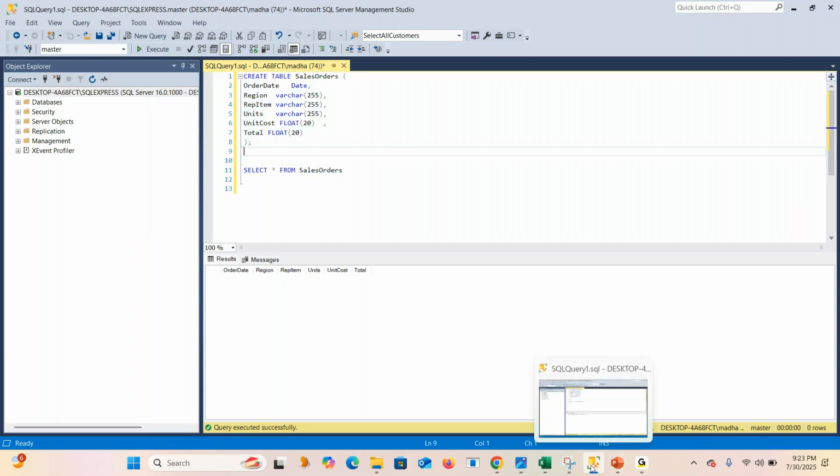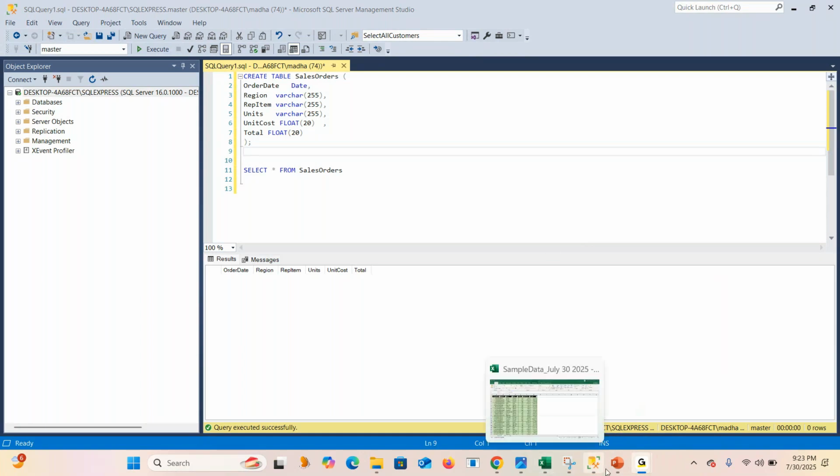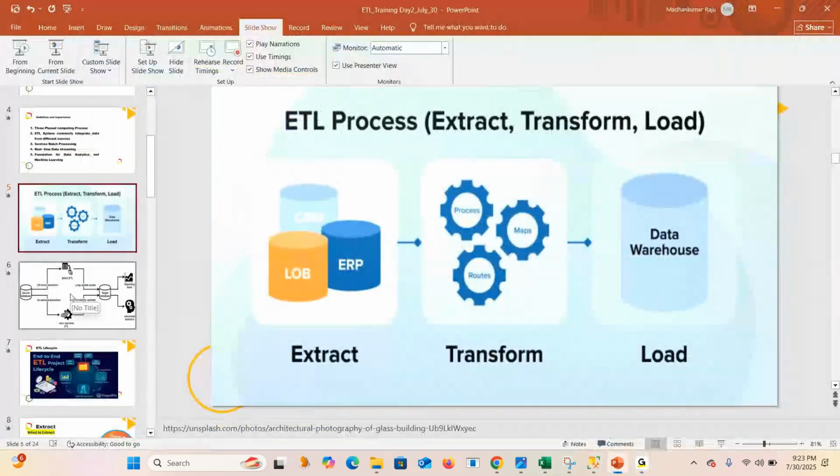Anybody having any question regarding this? Guys, what are you expecting, Lavanya? It's fine. Yeah, this is how I'm going to cover my real-time project case study explanation, so you can understand well. So next, after this,